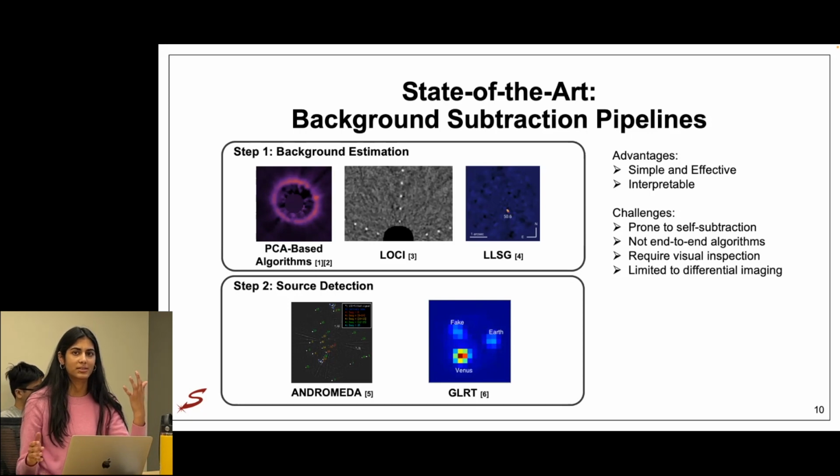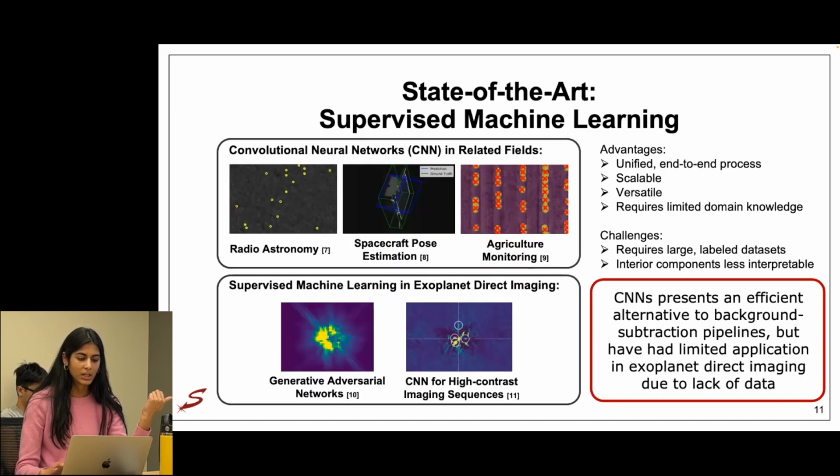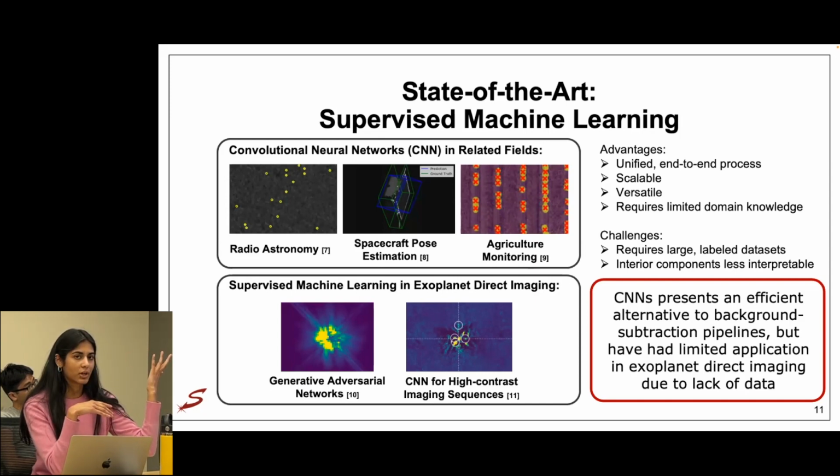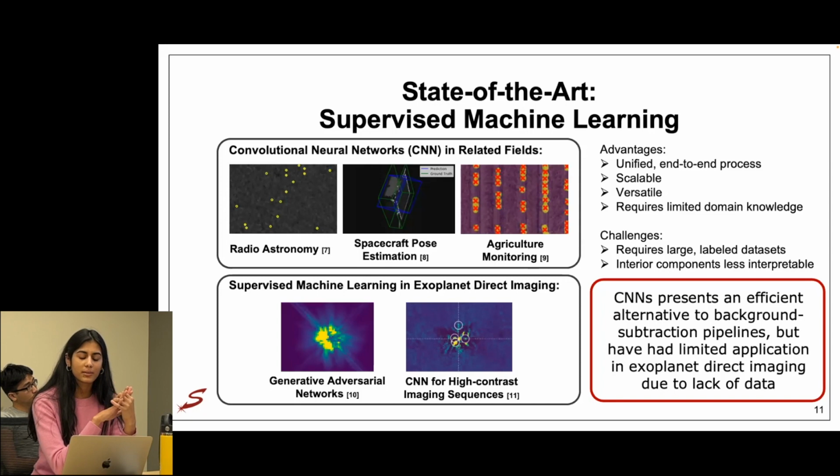You can analyze the data, look at the individual components, and understand how it's relating to the physics. On the other hand, we have supervised machine learning. Supervised machine learning, specifically CNNs, have been applied extensively and successfully in a lot of related fields. A few to note are radio astronomy, which is very similar to exoplanet detection, spacecraft pose estimation, which we have a lot of experience with in SLAB, as well as agriculture monitoring